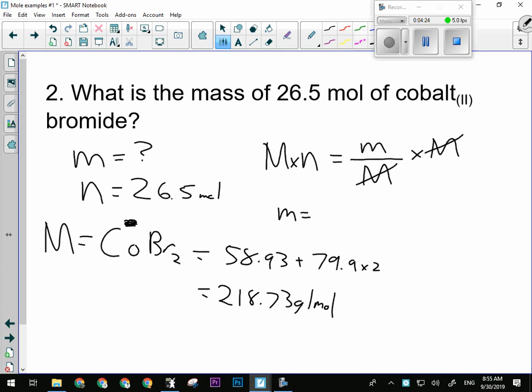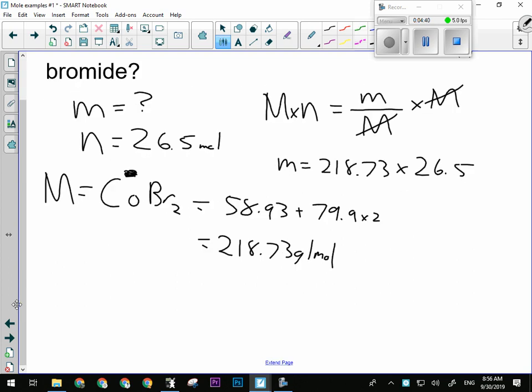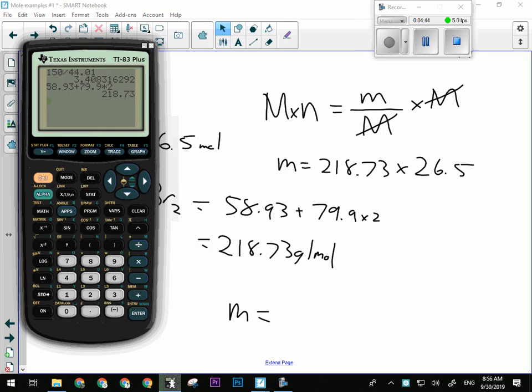That'll be 218.73 molar mass, times the number of moles, which they told me was 26.5. So we're probably going to have a lot here. Probably going to end up being a lot of mass. So we take that number, we multiply by the number of moles, and we have 5,796.35